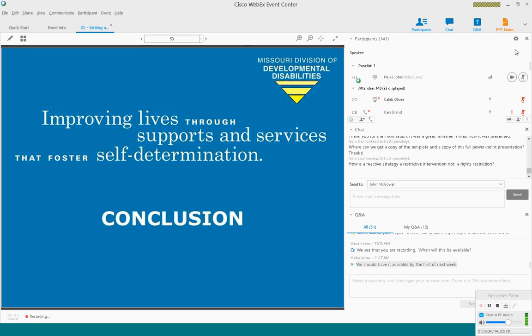But it doesn't look like we have any questions. Well, there's a question. How is a reactive strategy a restrictive intervention, not a rights restriction? So